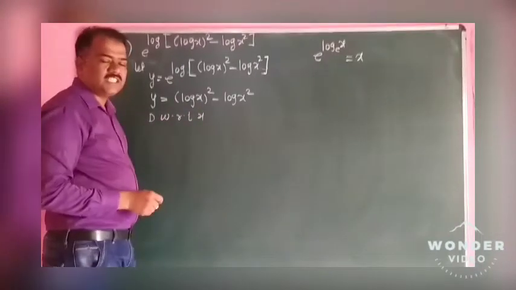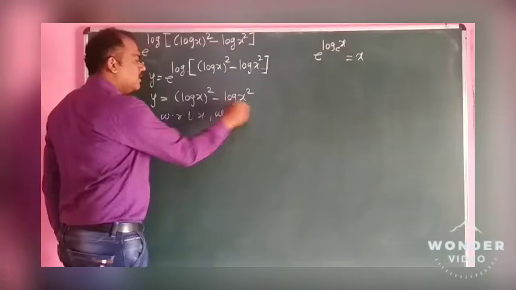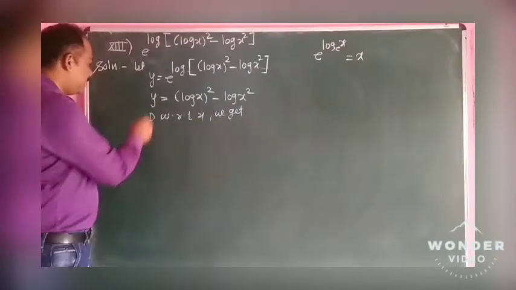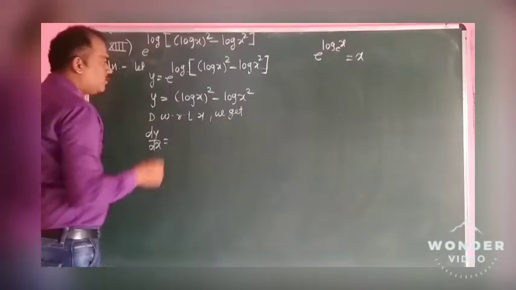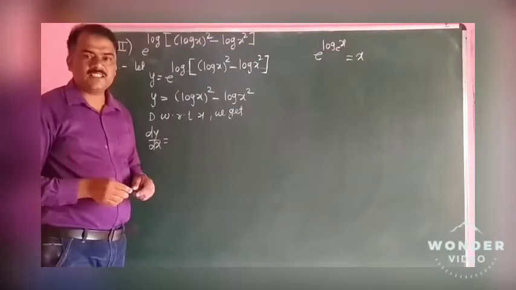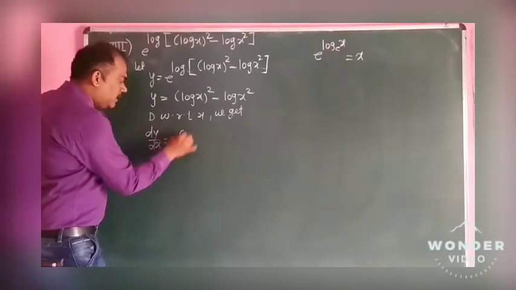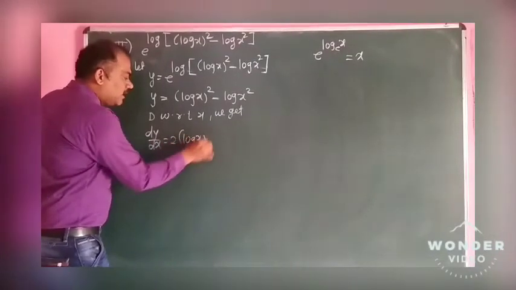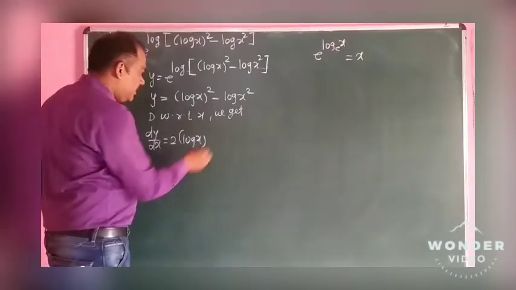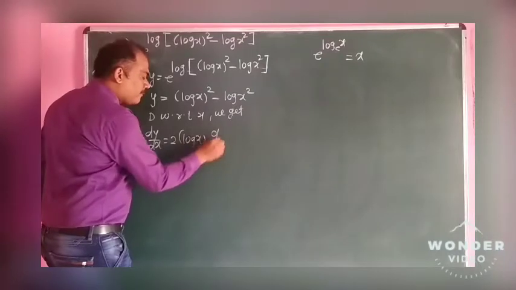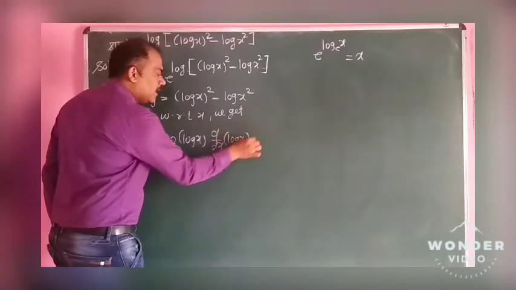Because our question is to differentiate with respect to x, we get the differentiation of y, that is dy by dx. Again, we treat log of x whole squared as a power function. We write the power as it is, 2 into log of x raised to 2 minus 1, which is 1, into d/dx of log x, that is the derivative of the base, minus